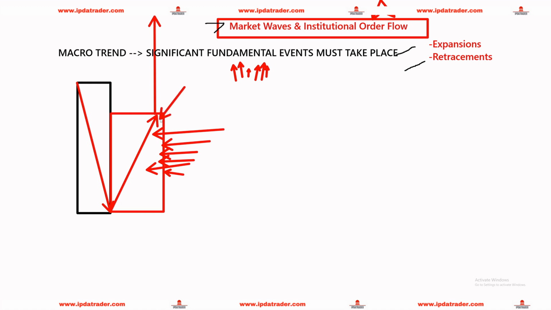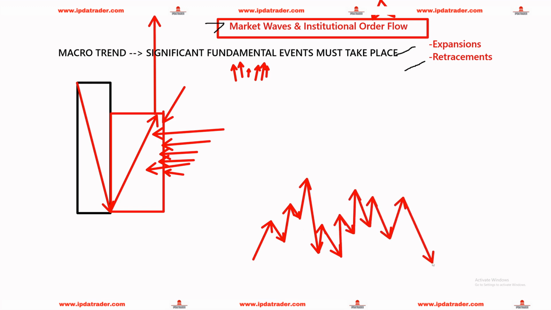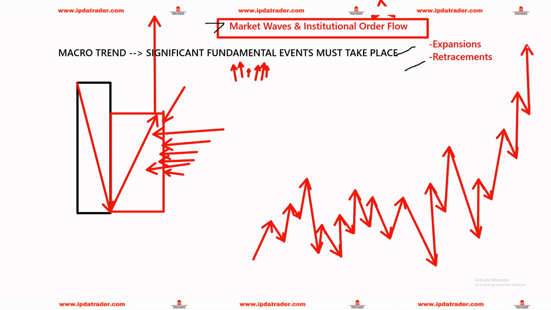Also understand in relation to the pullback, guys, pullbacks are always choppier and more difficult to trade. If this is a pullback over here, a bullish pullback, you will find that it does a lot of whipsaws, it consolidates, it takes you out, it then resumes, then it moves up, then it goes back down, right? It's not as easy to trade as a falling market when it's essentially expanding, pulling back.